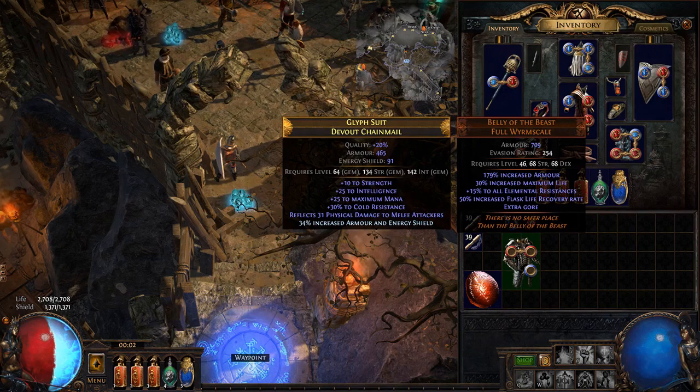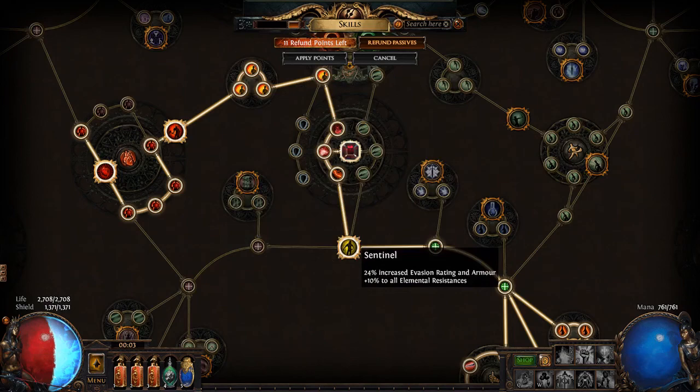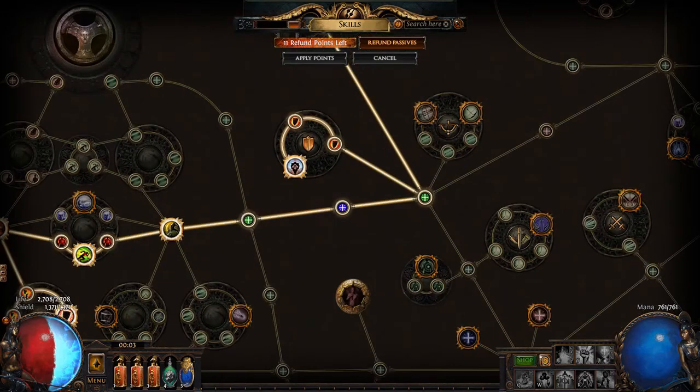my whole difficulties with the life. And I was thinking, I remember there's one bit of gear people kept hammering on how great it was. Well, actually two. Calm's breastplate, basically, and Belly of the Beast. I know it has evasion rating, but I do have a few bonuses to evasion rating. This, for example. I think there might be some elsewhere up there, but I know that there's some